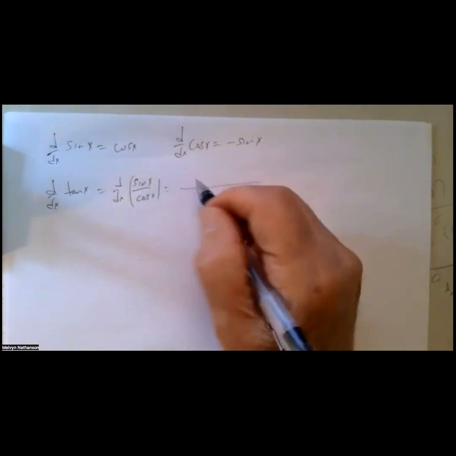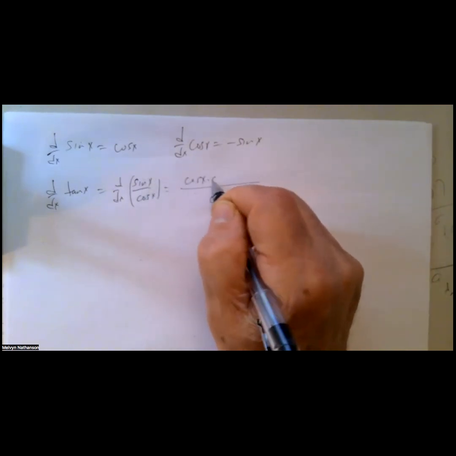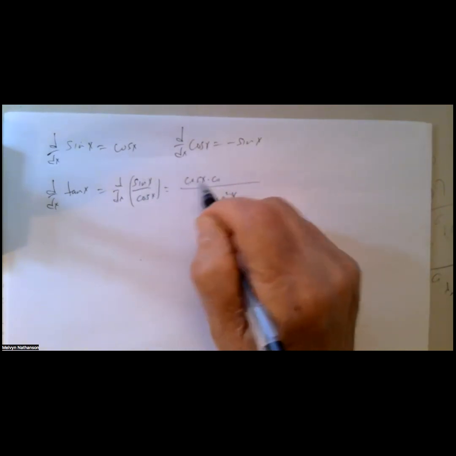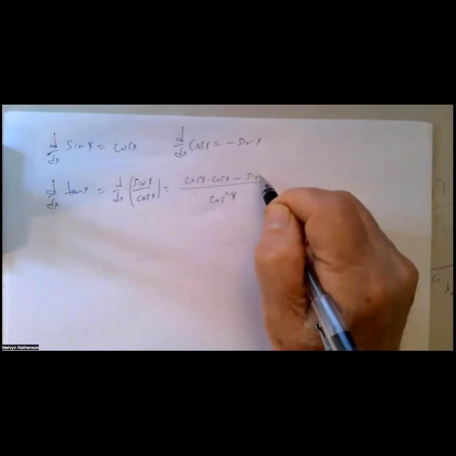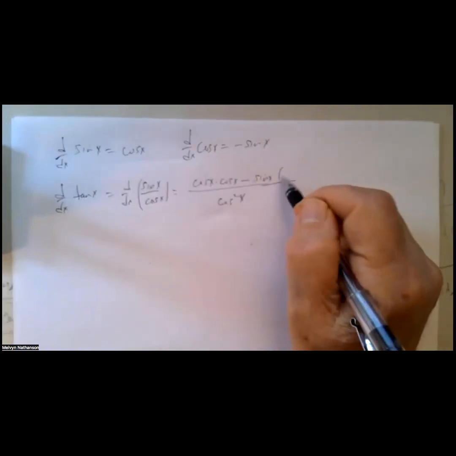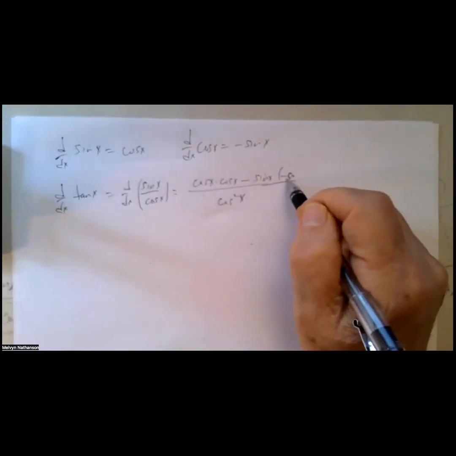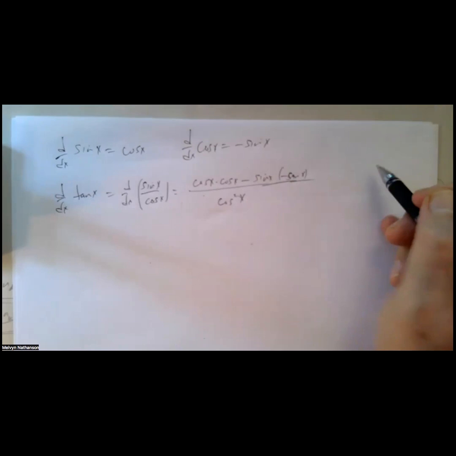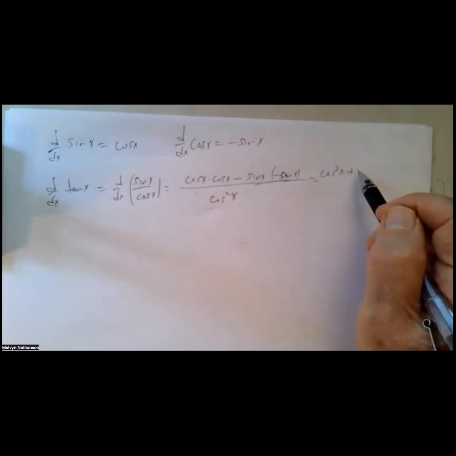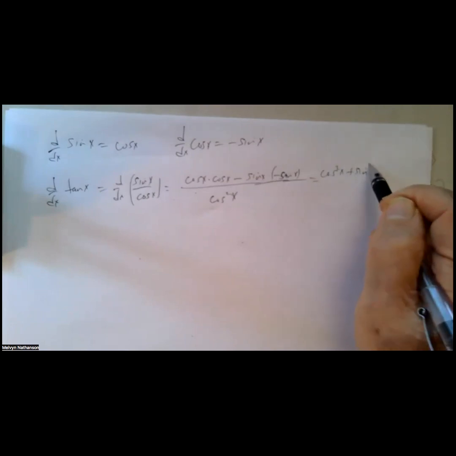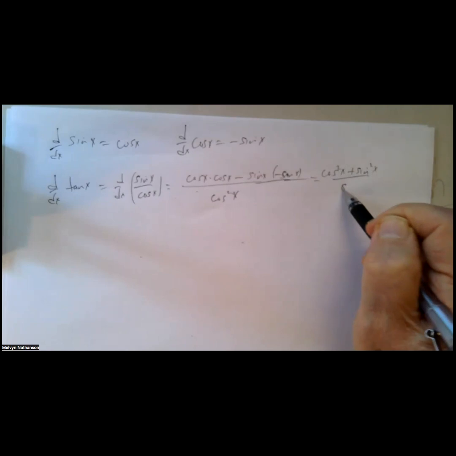And it's the derivative of the sine, which is the cosine, times the cosine, minus the sine times the derivative of the cosine, which is minus the sine. You put this together, I have cosine squared x, minus times minus is plus sine squared x, over